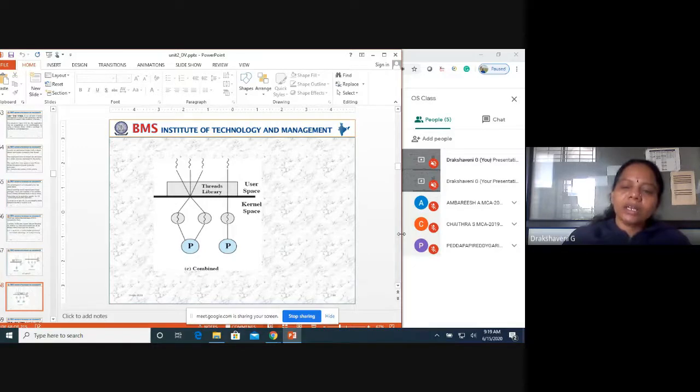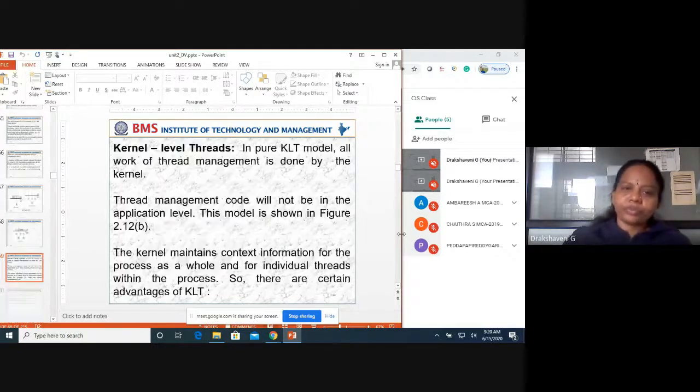In the third diagram, it is combined, where multiple threads are created both in user space as well as in kernel space. That is what is called a combination of these two.